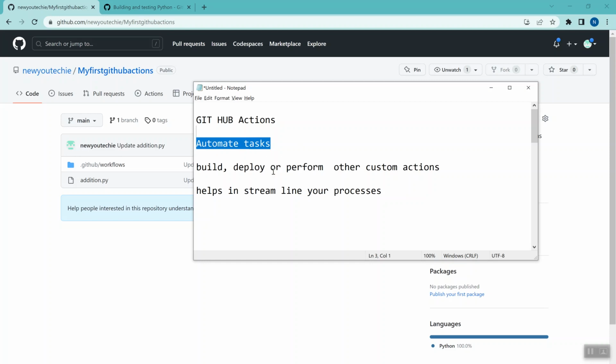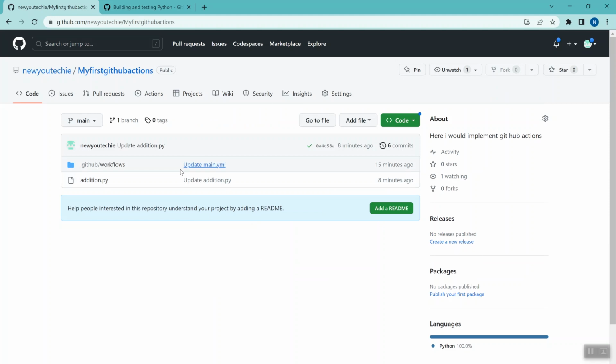Whether you want to build, deploy, test, or perform other custom actions, GitHub Actions can help streamline your processes. Let's get started. So take a repo